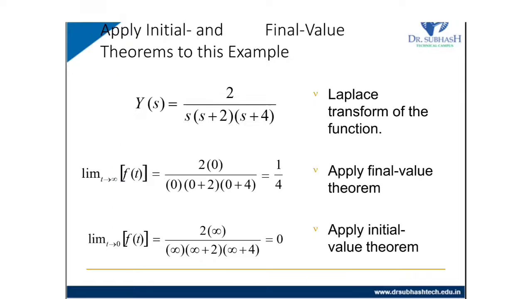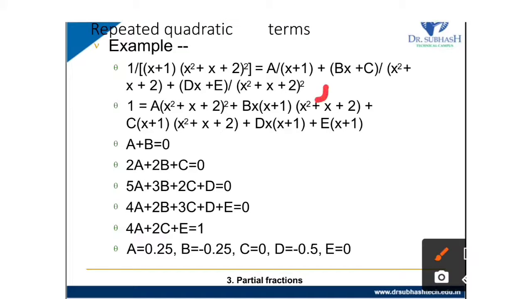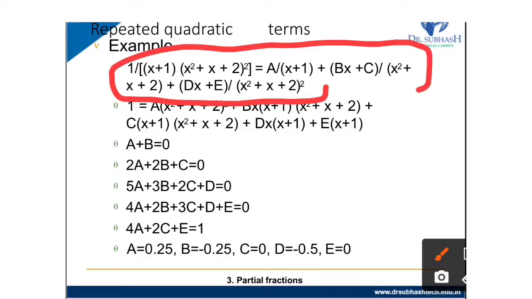So we just have to keep in mind that we have to follow this form whenever it is a square or in the form of a square. After that there is a simple mathematical step of comparing. We will get the a value, b value, c value, d value and e value.